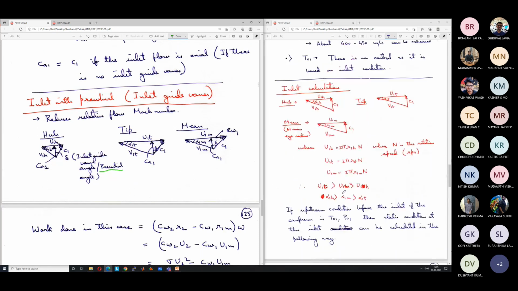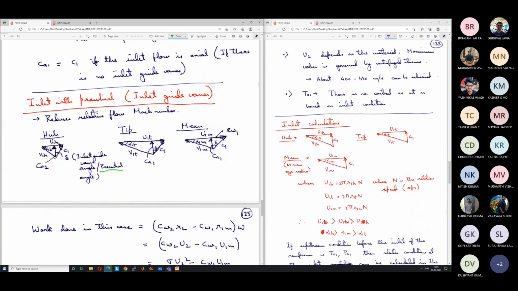Instead of this, now you can compare with this. So the axial velocity at the inlet is CA1, which is different from C1. CA1 is C1 into cos delta. If delta is known and C1 is known, we can find out what is CA1. CA1 is equal to C1 into cos delta. And accordingly, you can see what will be. U1 is going to be the same as the previous U1 because that depends on the rotational velocity and radius. So U1 at hub, U1 at tip, and U1 at mean is going to be the same. So V1H, V1T, and V1M are going to change.